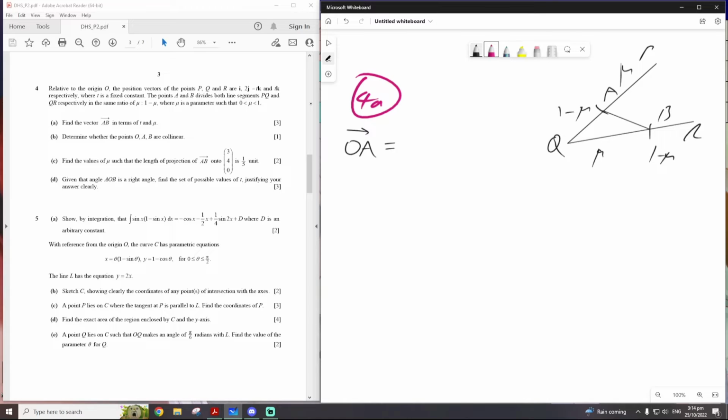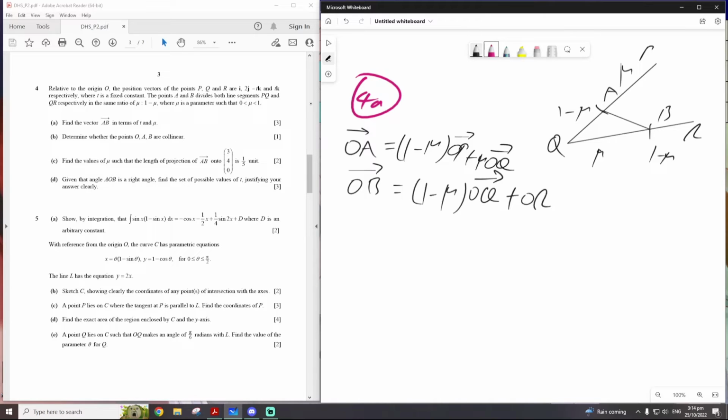If you use the ratio theorem, OA is actually (1 minus mu) OP plus mu OQ, and OB, by the ratio theorem, will be, how about, (1 minus mu) OQ plus mu OR. Okay, then AB is